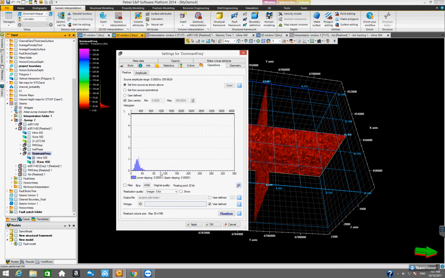So the horizontal axis is going to be whatever the attribute is. If it's dominant frequency, then the horizontal axis is going to be the dominant frequency. That's the hertz, right? And then the vertical axis just shows you the number of data points at those different frequencies. And you can see on this particular color legend that the dominant frequency is at around 25 hertz, I think. And then if you want to examine the message log,